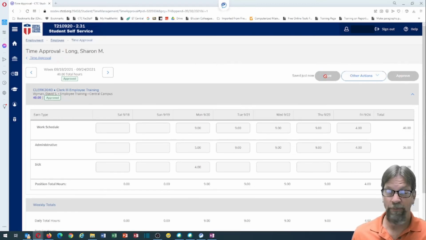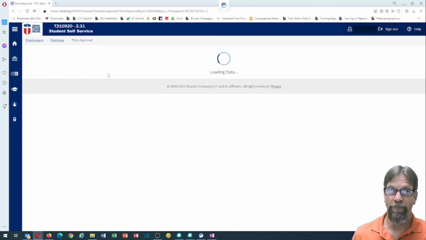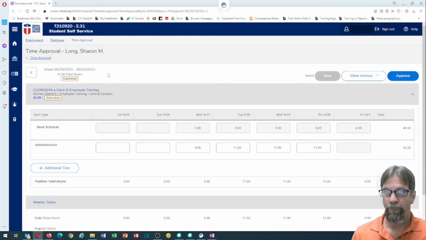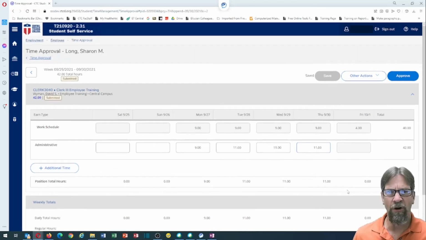Click the Save button because I made changes. And then I'll come up here and I'll click this right pointing arrow to take me to the next week of the pay period. I approve this overtime, so I'll scroll down here to the bottom and just review. 42 daily hours, 40 hours of administrative time, and 2 hours of overtime. That's all good. So I will go ahead and